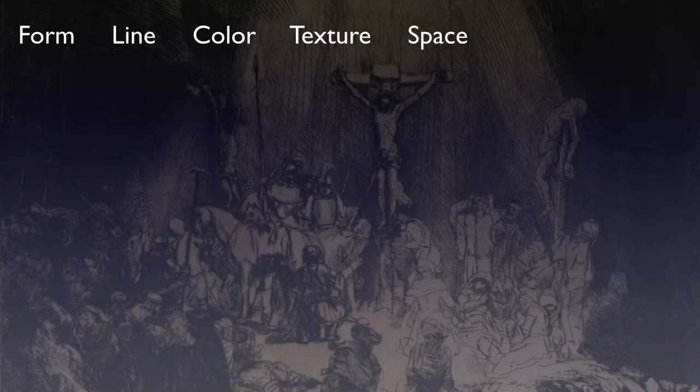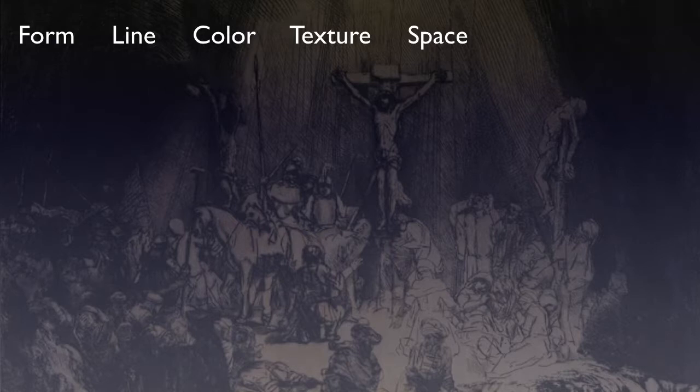Many of the students who take this course have never really looked at art this intently before. Maybe the most you've looked at art is just going by a painting in a hallway in a business building and thinking, oh, that's cute, that's pretty, or I don't really like that. Look at the huge head on that baby. That might be the only critical time that you've had looking at art. Hopefully this video will help you as we go through the course looking at art and trying to analyze it